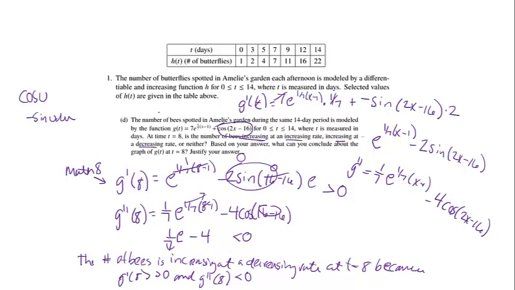And then it also says, based on your answer, what can you conclude about the graph of G? Well, if we found out that the second derivative was less than 0,